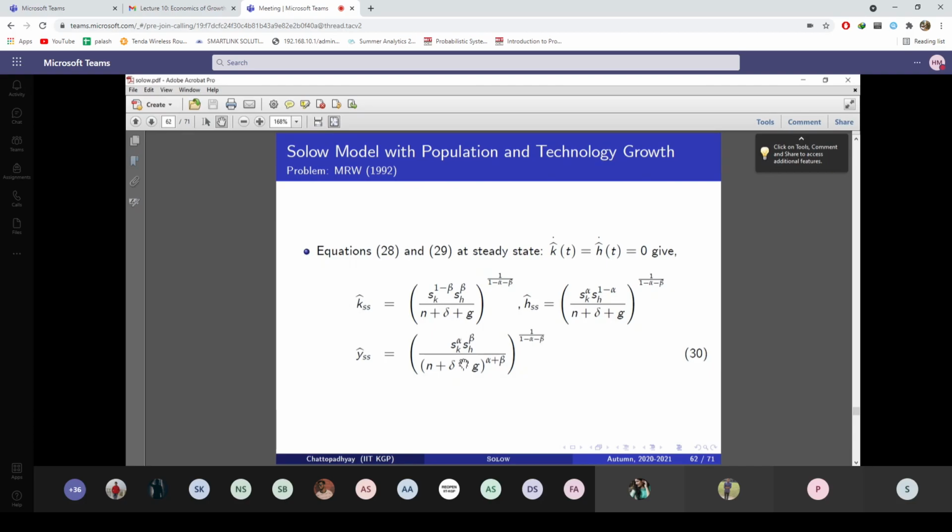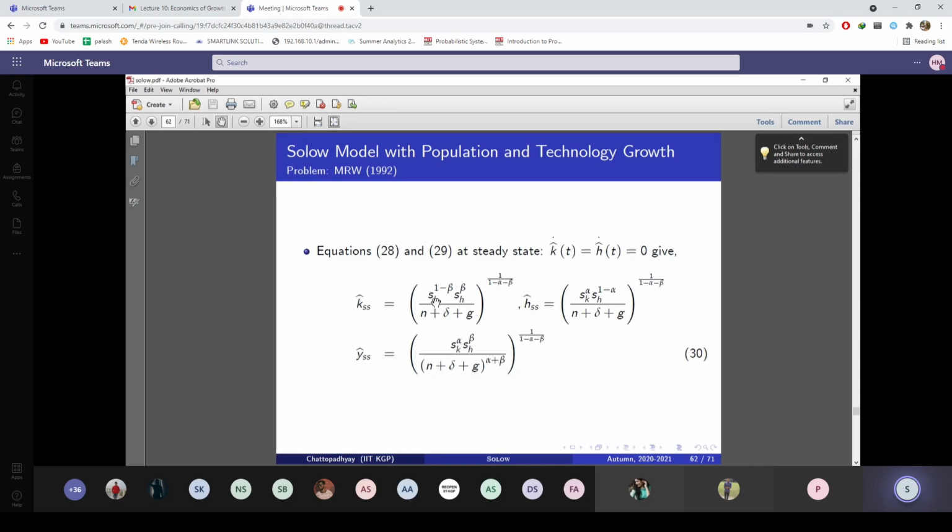And over here, the savings to accumulate physical capital and the savings to accumulate human capital both matter. If either of them increases, so if you save more to accumulate human capital and/or you save more to accumulate physical capital, both increase your output, because your SK rises, your steady state capital stock rises, your steady state output rises. If your SH rises, your steady state human capital rises and your steady state output rises.